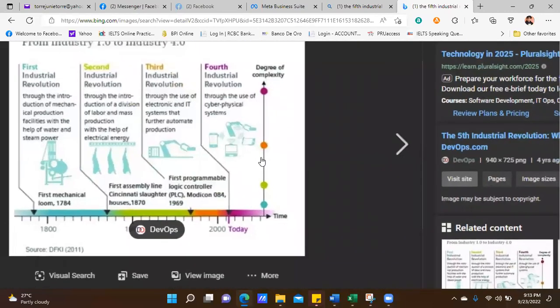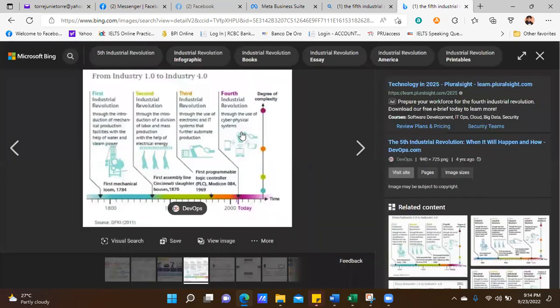Layo na natin. Ayun. The first is mechanization. The second one is manufacturing, guys. The third, computer systems na to. And nandito na tayo sa fourth. Cyber physical. The combination of the cyber worlds and the physical worlds. That's where we are. Sige guys. Damn. It all started with the Brits. Okay, I'll stop the recording guys. Hold on.